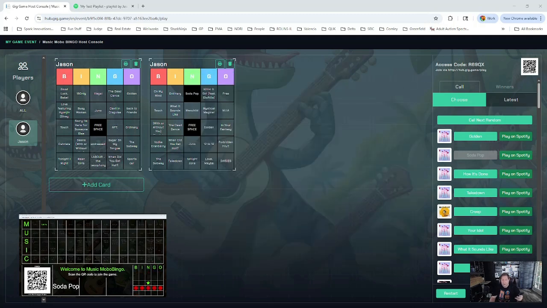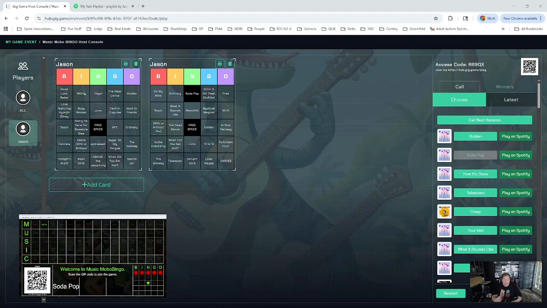Don't want to let that play too long. So, in any case, at this point, people heard it. They can choose what it is. Now, you'll notice it shows on the screen, this is the HUD screen, that one of my cards had a match. Now, it does not show that to me on my phone. I had to have heard it, and I have to mark it off. So, in this case, this is Soda Pop. So, I clicked it. Now, I'm marking it off.